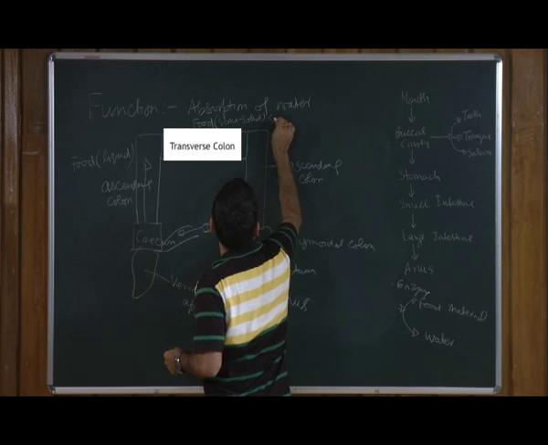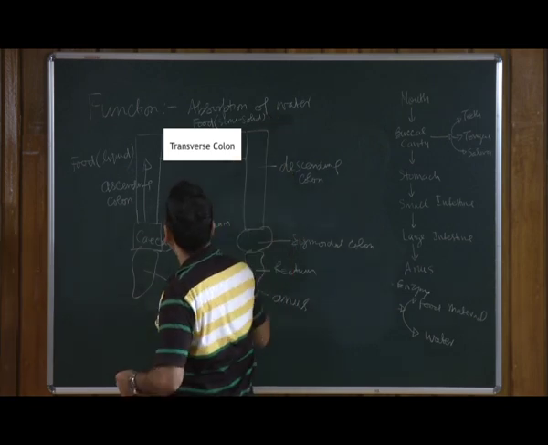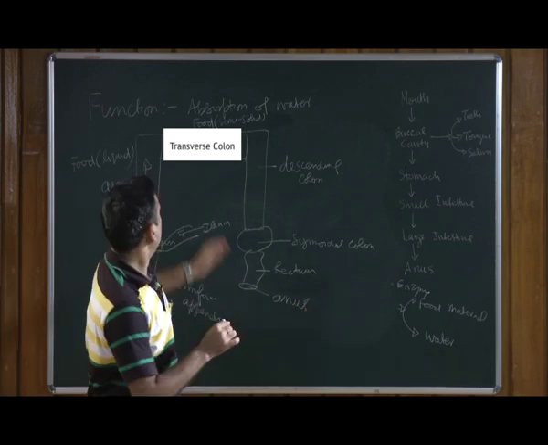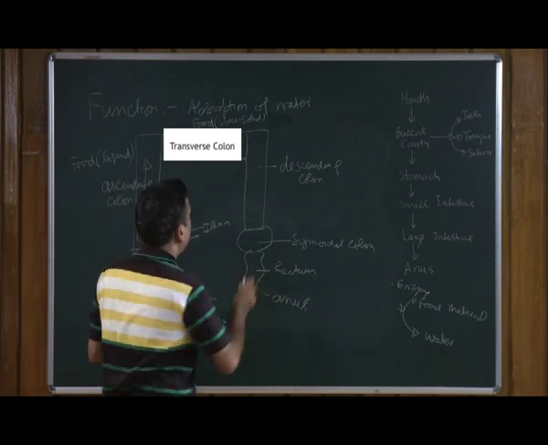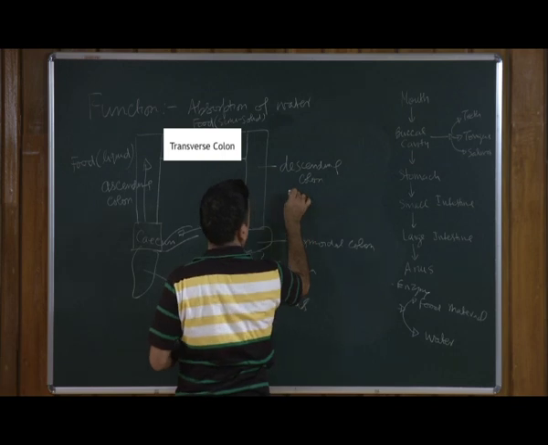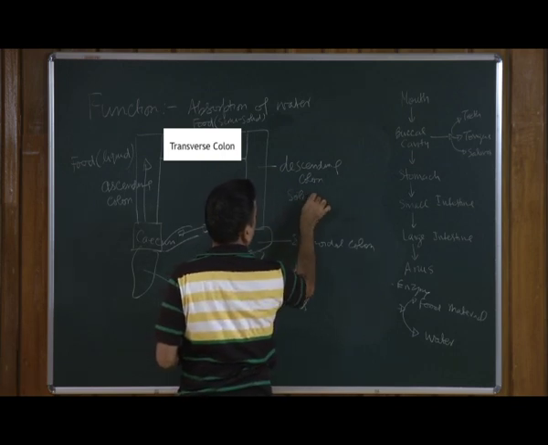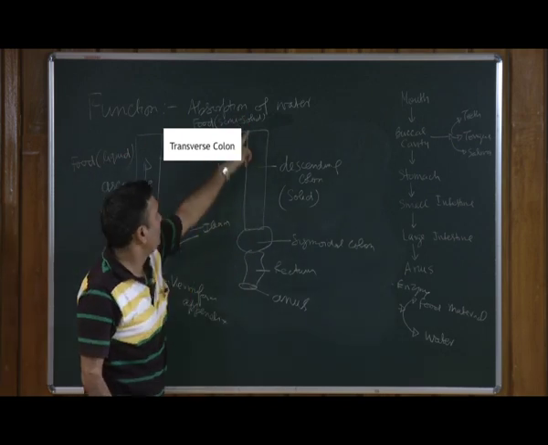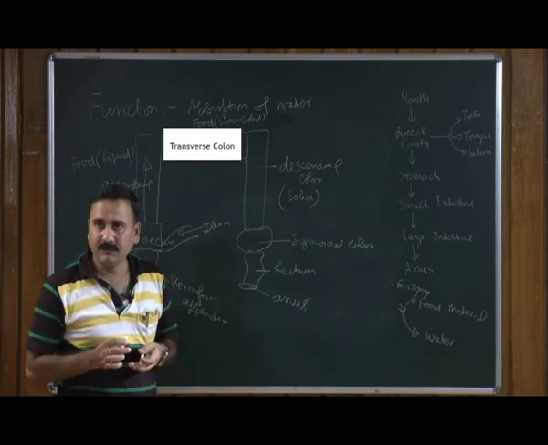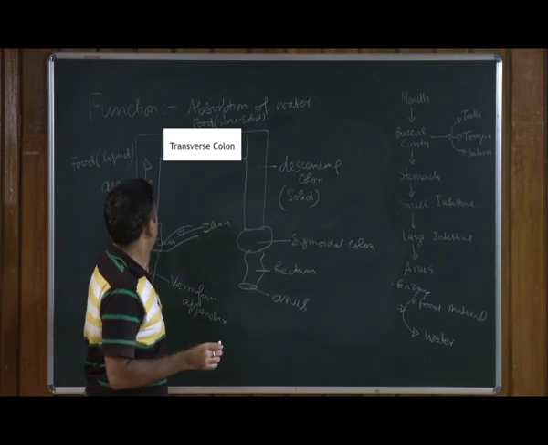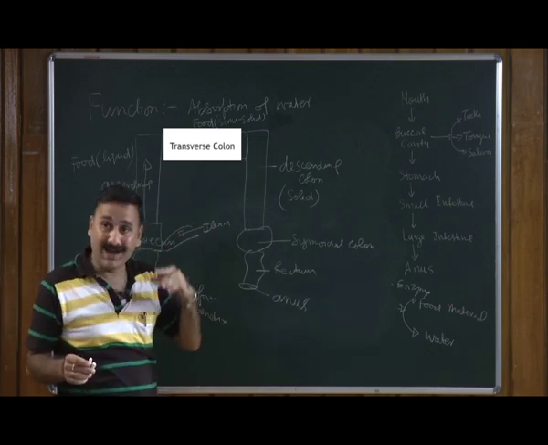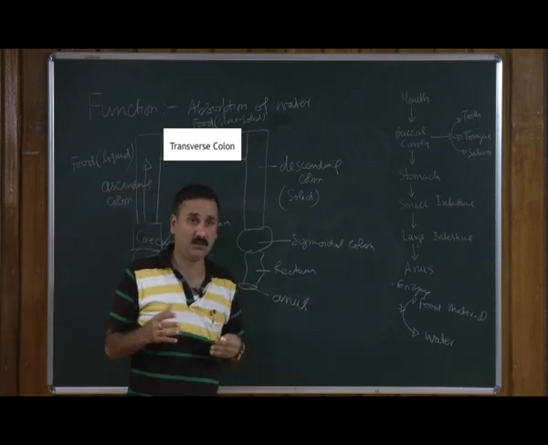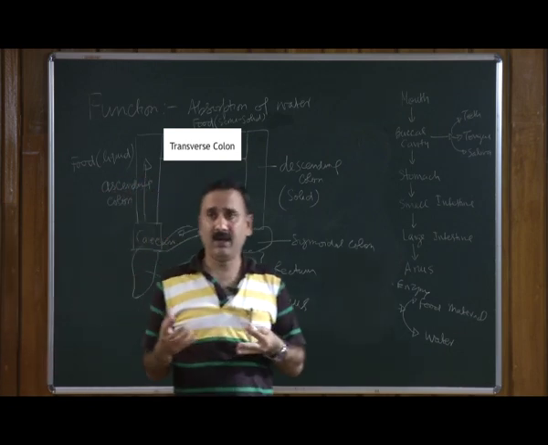more solid than liquid. In the transverse colon, while it is traveling, the food becomes semi solid, and after that it enters into the distal colon, where it becomes solid. So all the food water is being absorbed from the colon after traveling through this. The main purpose of the large intestine is to absorb the water, and that is why